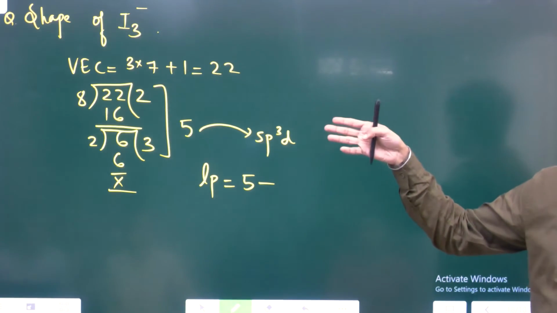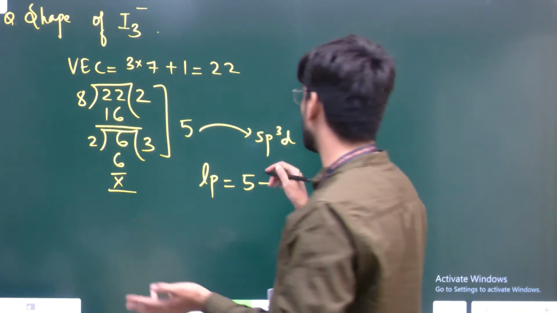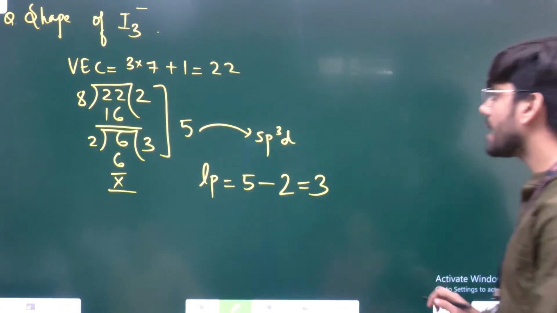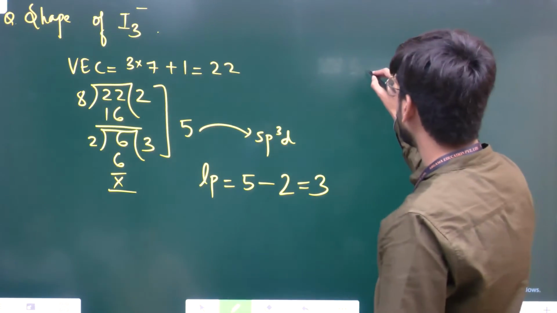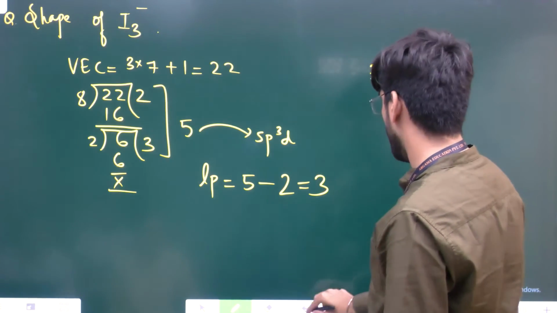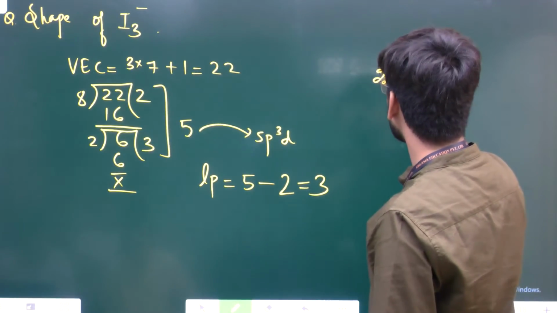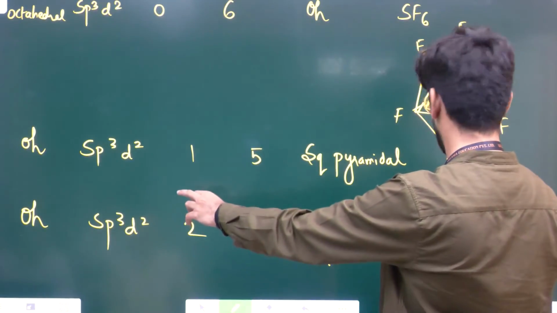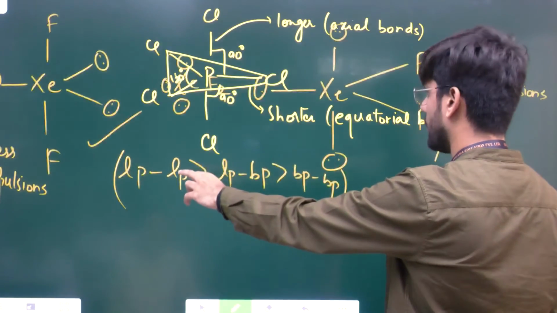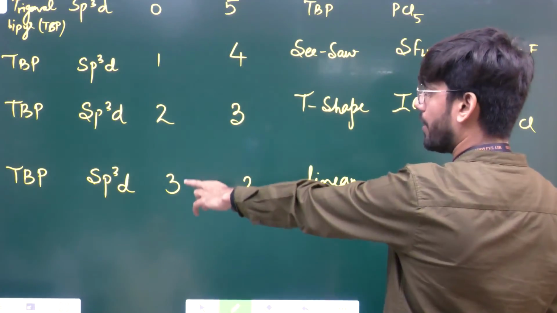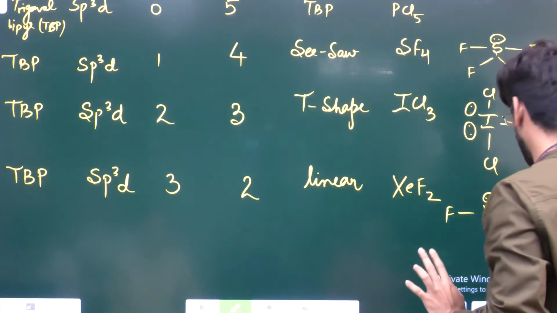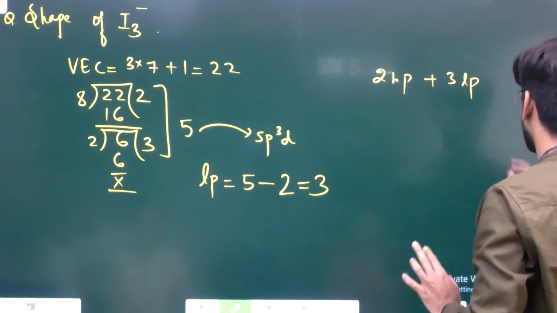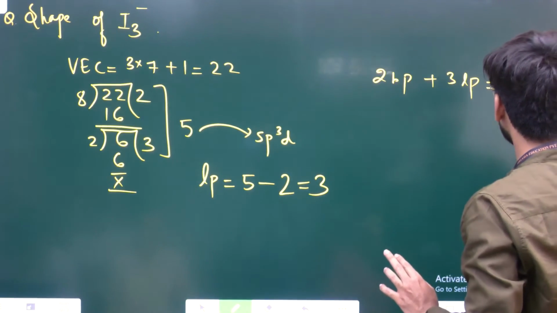एक आयोडीन तो सेंट्रल एटम ही होगा ना, तो दो ही तो बचे साइड एटम्स। ठीक हो गया। तो कौन सा केस है? 3 लीनियर वाला। हाँ, लीनियर वाला कि 2 बॉन्ड पेयर प्लस 3 लोन पेयर। 3 लोन पेयर, 2 बॉन्ड पेयर, लीनियर। तो ये क्या हो गया? लीनियर।